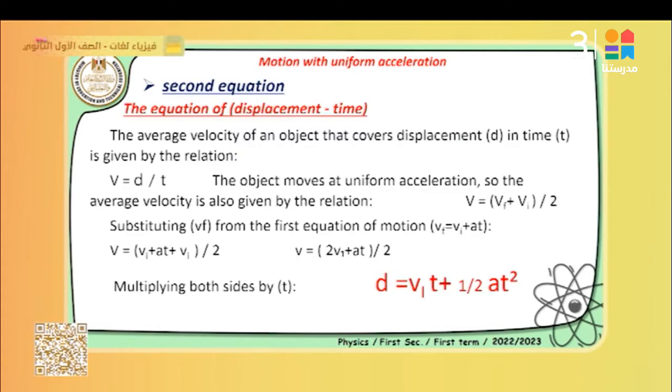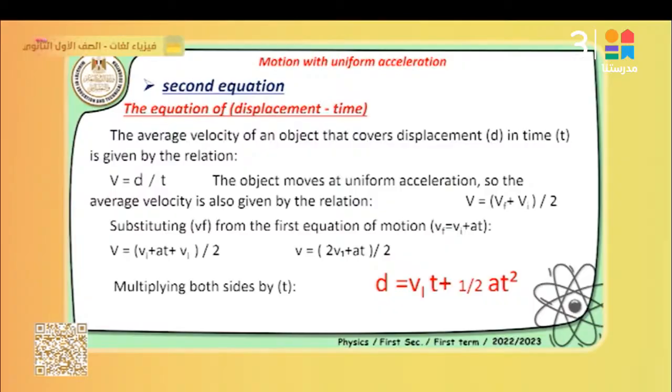The second equation to express or explain the motion of the object, which is the equation of displacement and time, in which you find the relation between the displacement and time. As we said, an object moves with acceleration, has an initial velocity and a final velocity, which means this object covers a specific displacement or a specific distance. To find the magnitude of this distance,